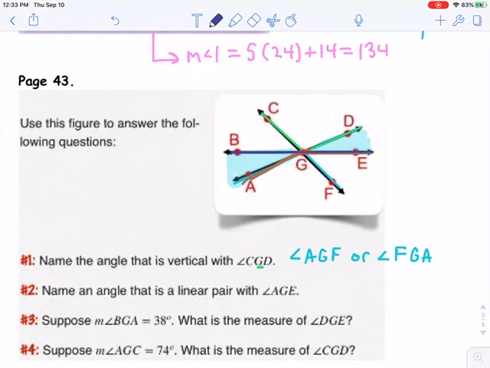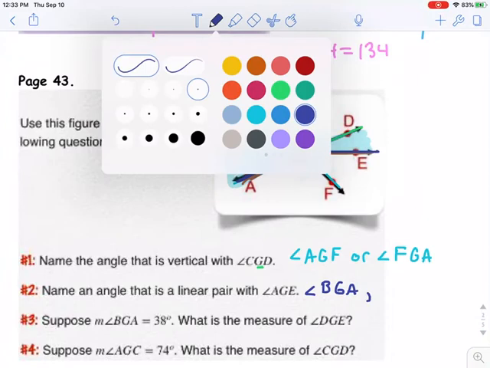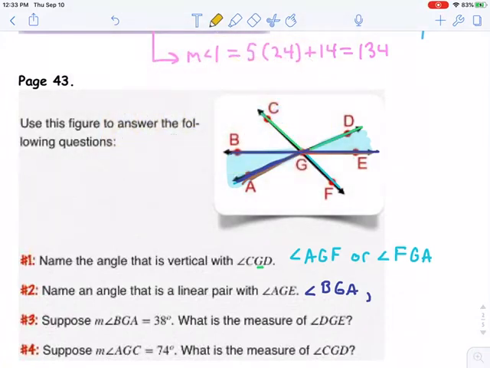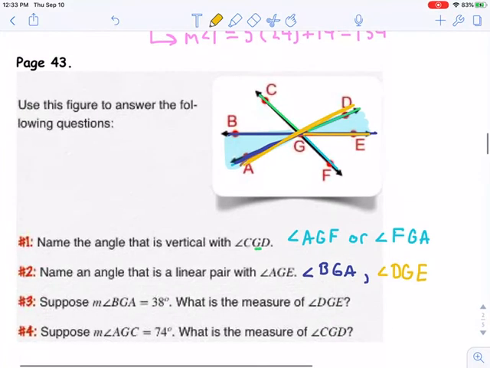So this first case right here, the linear pair would be angle BGA. We'll only write it that way. And then another unique angle that forms a linear pair would be DGE. So this one has two answers. Remember, a linear pair is a pair of angles that form a line. Weird how they come up with that name. All right,